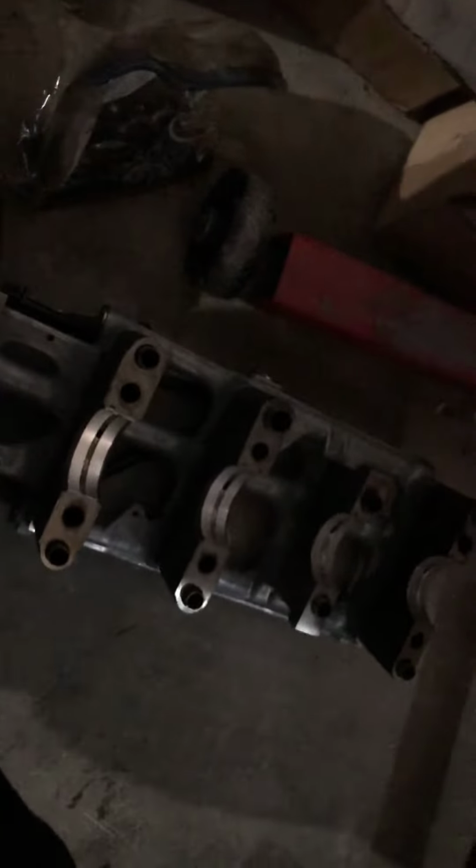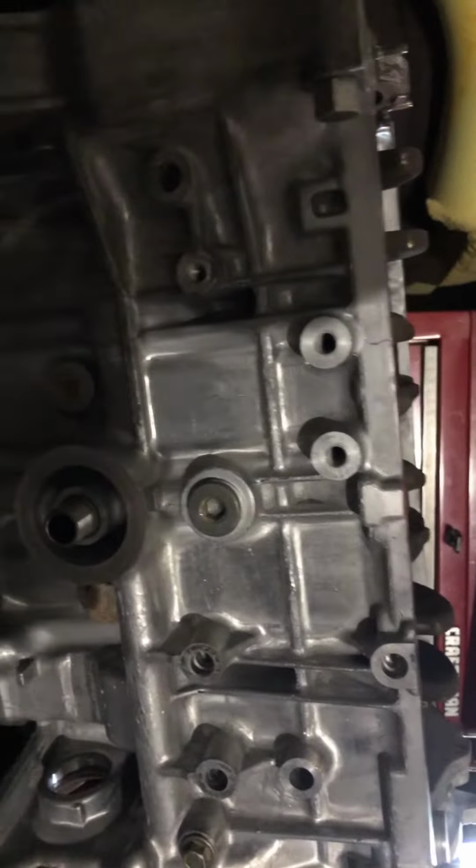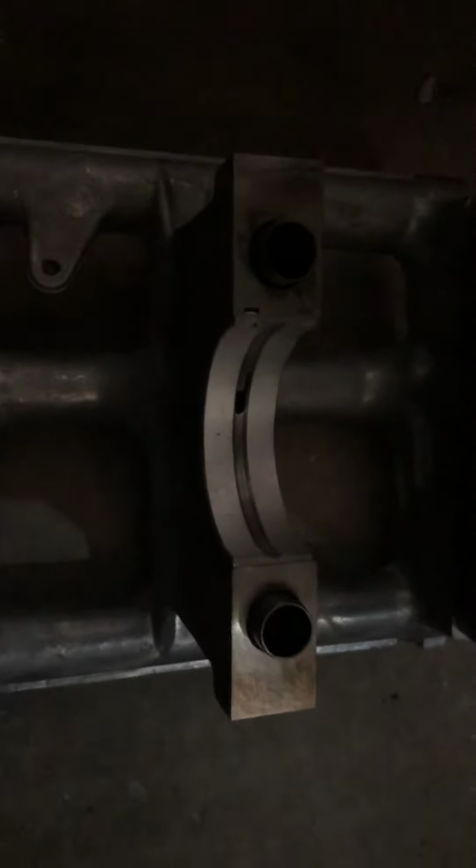I'm gonna bolt that down to 54 foot-pounds, and another thing I forgot to mention is when you put your main bearings in, you want to put them in dry, so make sure that it's all nice and clean, and you'll just put the bearing in all nice and dry, and